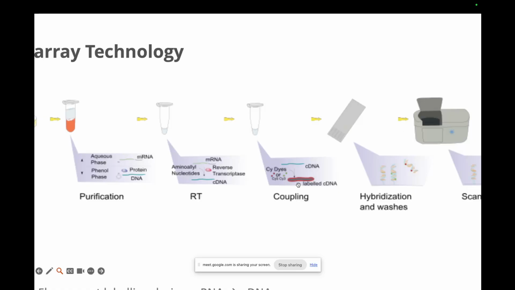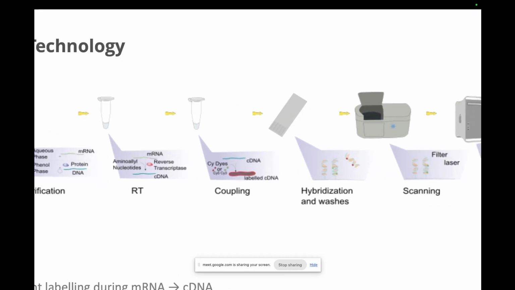Now you label this cDNA with some dyes or fluorescent signals, and then you do a hybridization step. So you have an array, and in the array you have these different